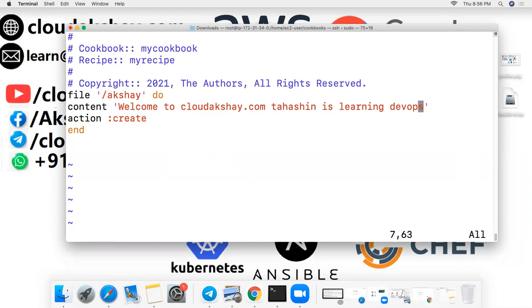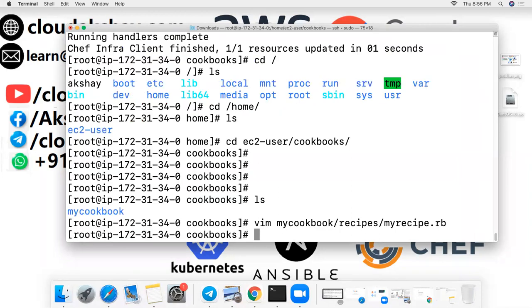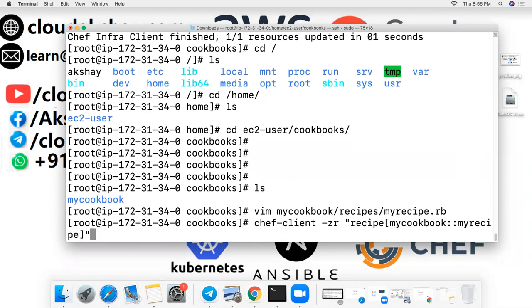I update some content here and save this file, enter, and run the command on the node machine. So this is my command which I manually run on my node machine.